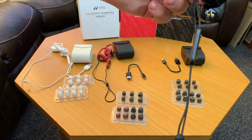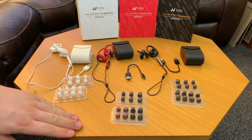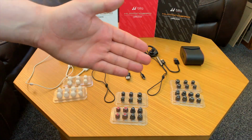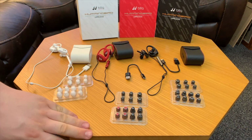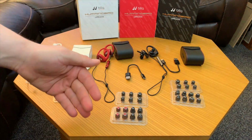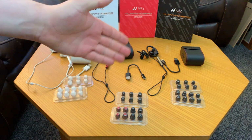Looks really nice. Okay, so now the task, what I'm going to do is I'm going to go out. I've got some people in mind where I'm going to give a pair of these headphones to, and I'm going to ask them to test them. Whilst I test the pair, I'm probably going to be testing the red ones, to be fair, because they seem like the best. And then I'm going to get their feedback, and then I'm going to test them myself and see if we all agree. We're going to have a little discussion, and then I'll come back and say just what I think of these